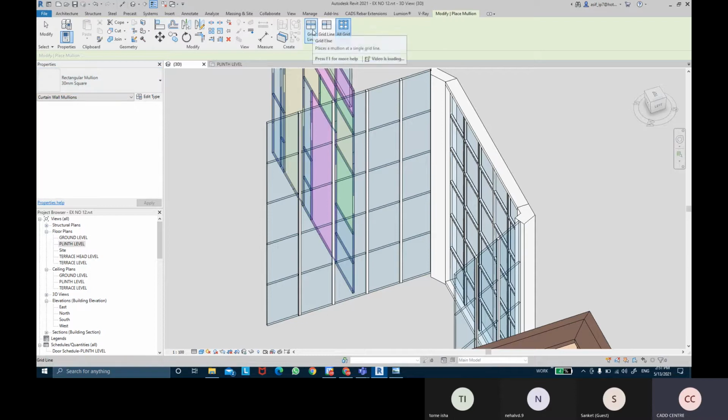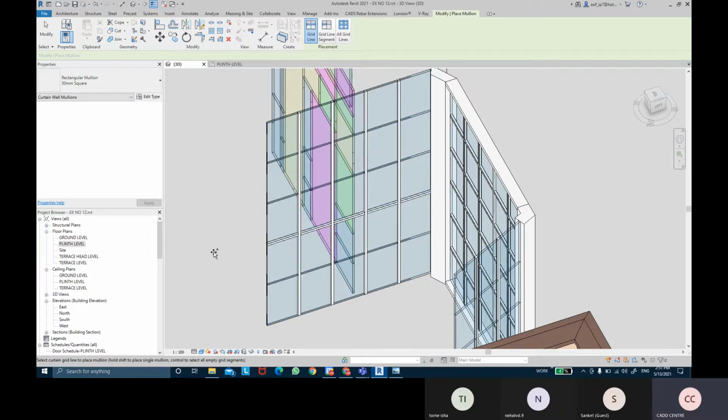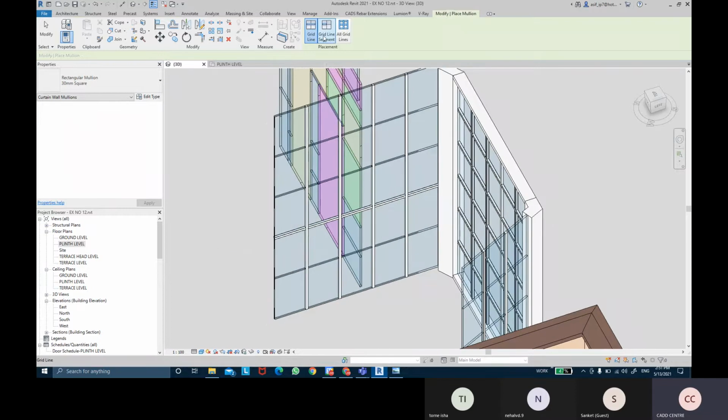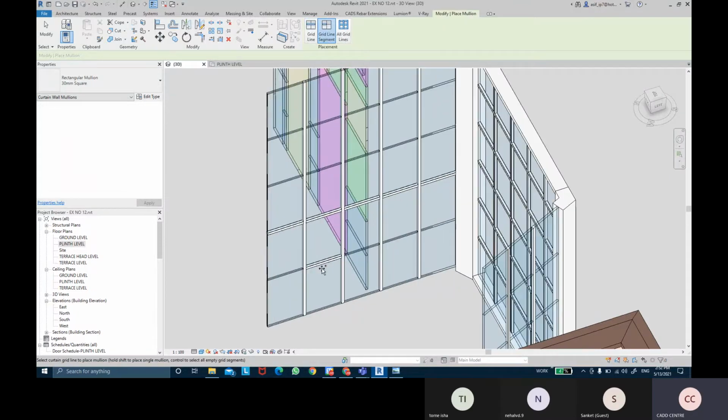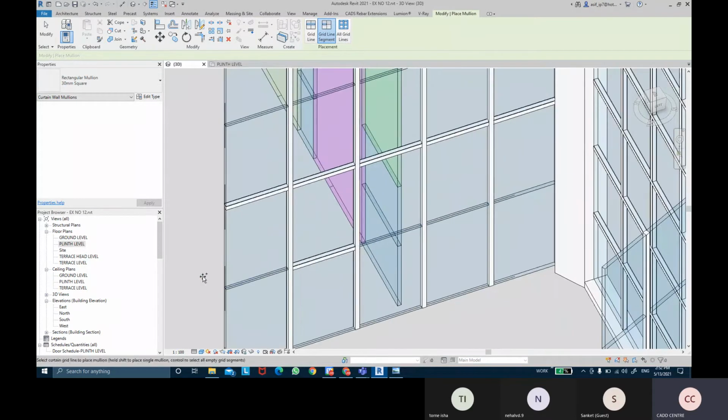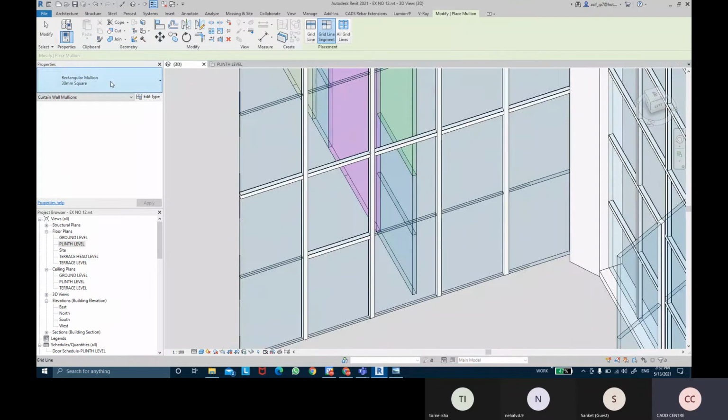And if I take one grid line, it will add to that specific grid line only. So maybe if I select this horizontal line, that horizontal line would have that 30 mullion. And if I take the grid segment option over here, it will add to that segment only, not to the entire horizontal grid, so you can choose that over here.